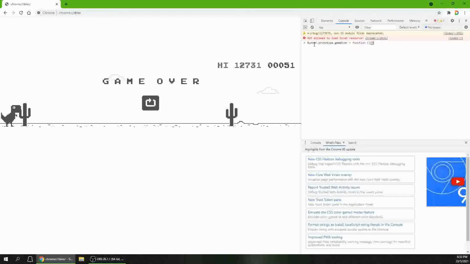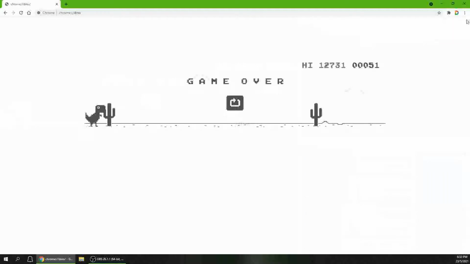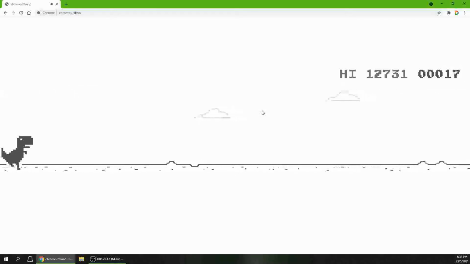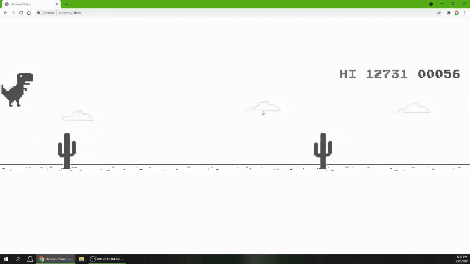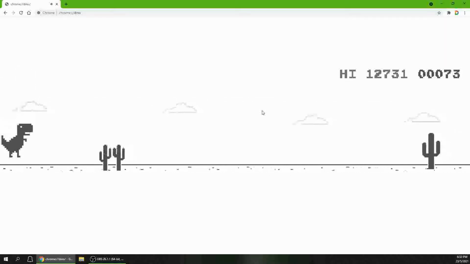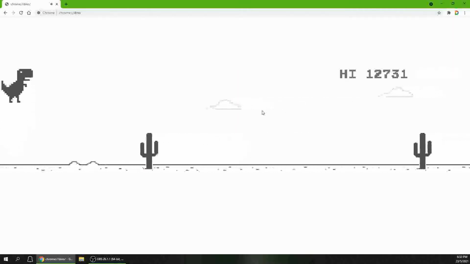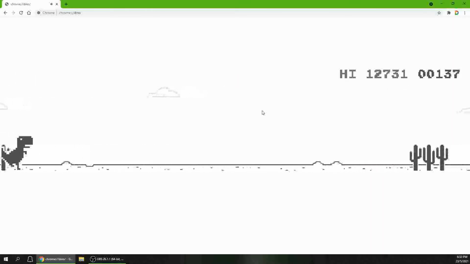Type that in exactly, and then press enter, close the bit, and then you have basically God mode on this non-internet dinosaur. And look, you can get a high score of